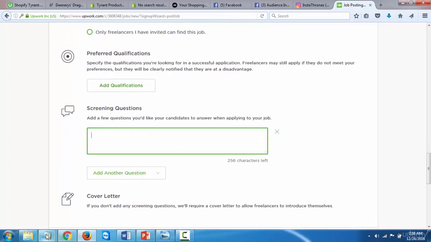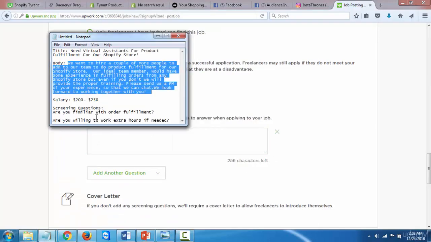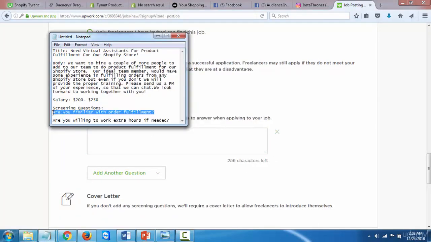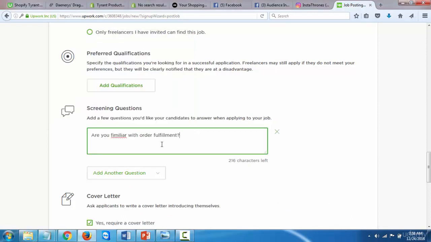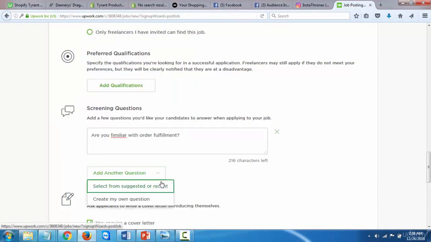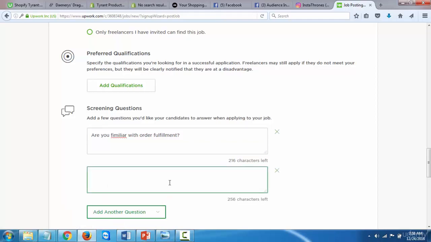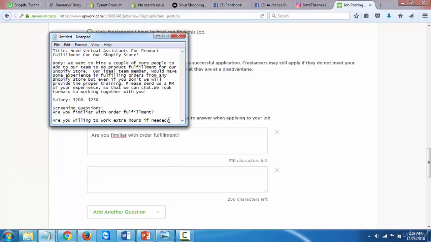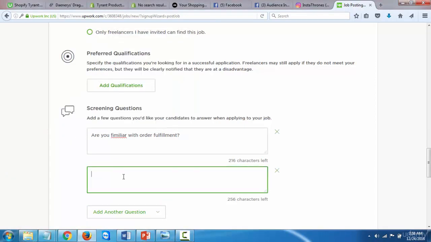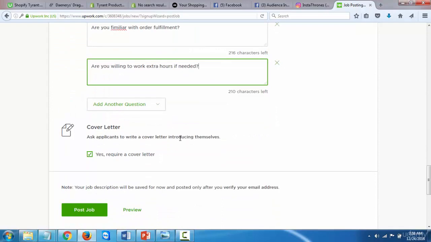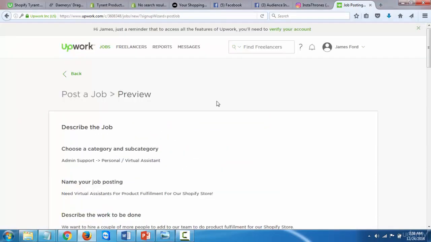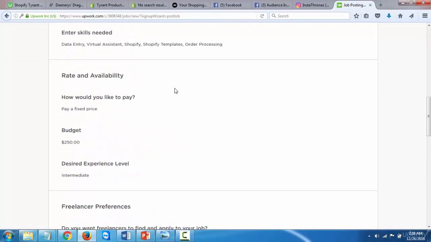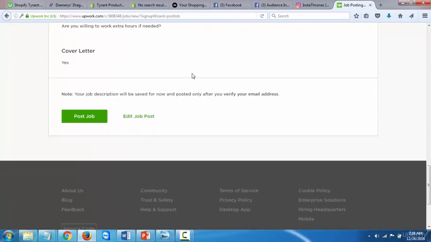Screening questions. Here are 2 screening questions that I like to use. Are you familiar with order fulfillment? And then add another question. Create from suggested or recent. Create my own question. And the second question is going to be, are you willing to work extra hours if needed? And yes, require a cover letter, and then preview your posting, and you're going to get this posting, and then just